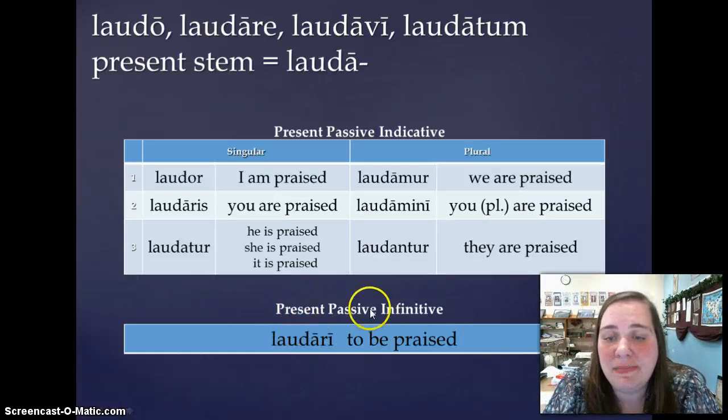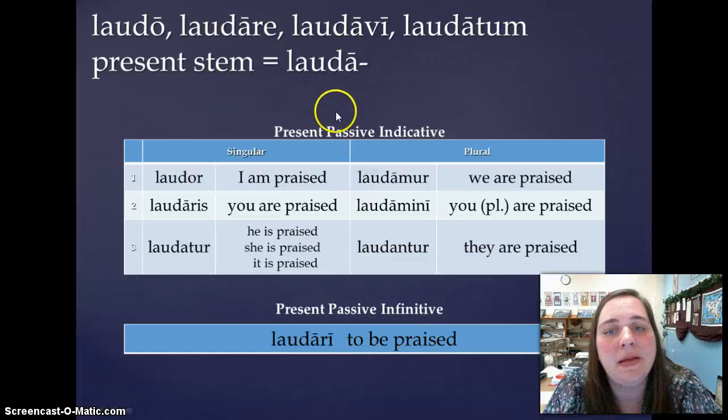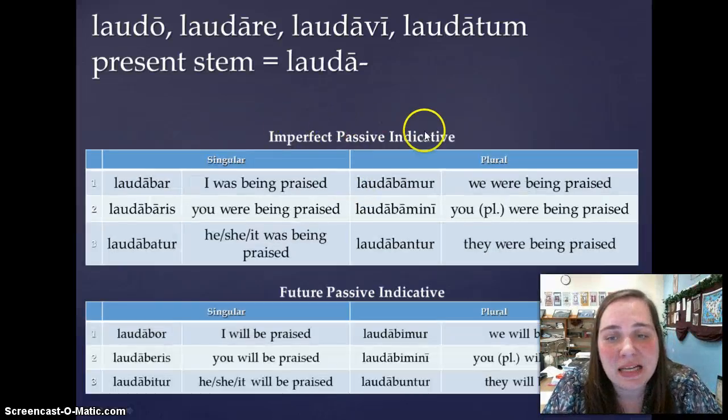Notice that for our present passive infinitive, we have the second principal part, laudare, but we took off that final E and replaced it with an I. So now we have the present passive infinitive, to be praised. Okay? Now, imperfect passive indicative, we have our present stem, lauda, and then our endings, laudabar, laudabaris, laudabatur, laudabamur, laudabamini,